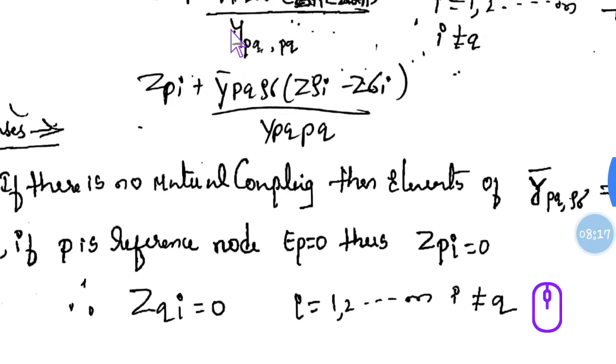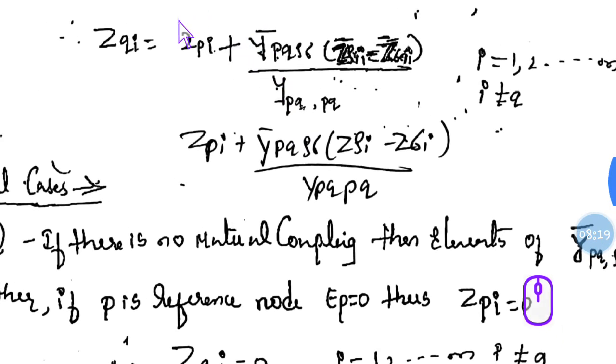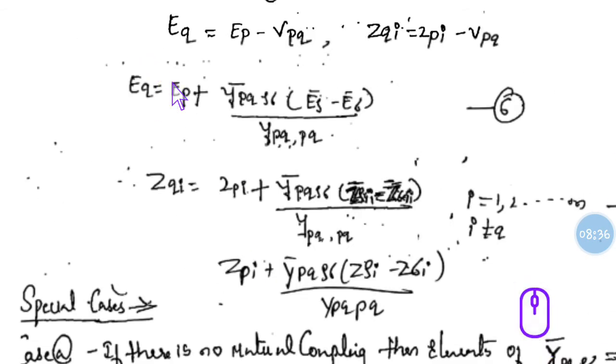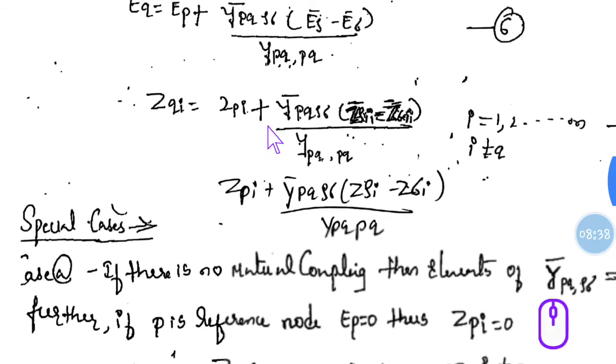Once we form this derivation of Z of Qi off-diagonal value for addition of branch, the first case I will take is without mutual coupling, no mutual coupling, no reference, or with reference, whichever you do here. Wherever you take with reference, with respect to P, whatever you get, take it as 0. With respect to P, ZPi can be made 0. If you are taking voltage, EP can be made 0. But here I am taking impedance, so I will take ZPi is equal to 0. No mutual coupling, no reference. No mutual coupling means wherever rho sigma is there, that admittance you have to make 0.